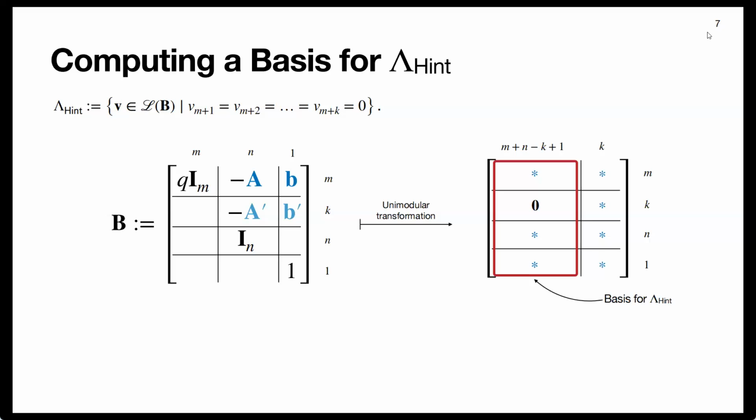Why is that? Well, first of all, these vectors already have a 0 in the right position, right? In positions n plus 1 to n plus k. That's where we're going to have the zeros. So all these basis vectors already belong to the sublattice. And as I said, every hint decreases the dimension by 1, and so we have k hints, so the dimension will be decreased by k. So this basis matrix already has the right dimension. So all the vectors belong to the sublattice that we want, and it has the right dimension, so it has to be a basis.